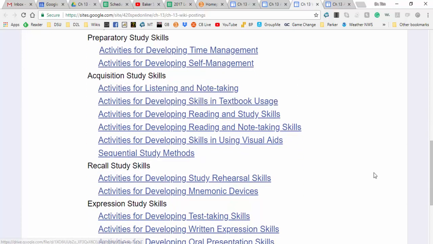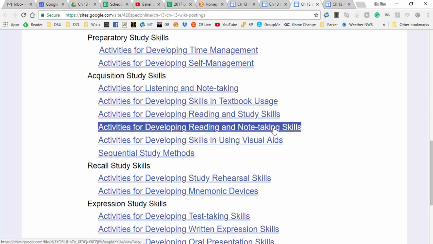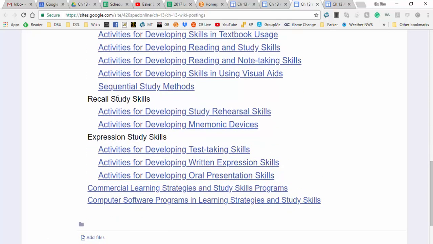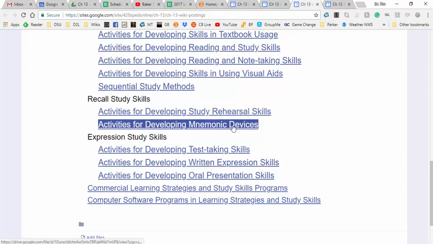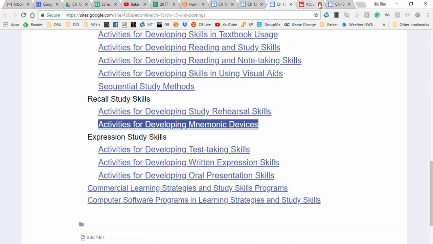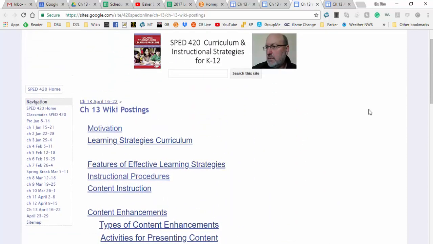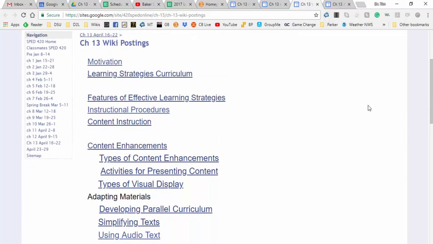Listening and note-taking. All the ways, and what I would say this whole chapter really would be towards working with somebody in the regular classroom, supporting them in the regular classroom. Here's one, developing reading and note-taking skills, study methods, visual aids. Here's things on how to recall. Developing rehearsals, mnemonic devices. That one's really pretty interesting, how to do that. It gives you support for that. And then down here, expression. Developing test-taking skills, written expression, oral presentation skills. And these are some commercial things here. So all these are at your disposal on how to do that as you